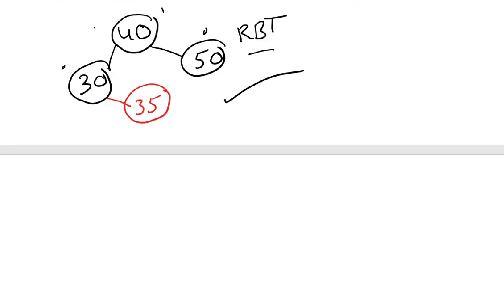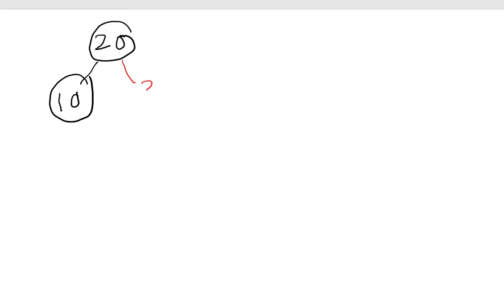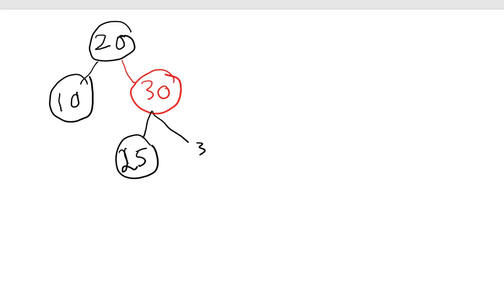And let me see one more case. I am having 20 here, 10 here and 30 here, 25, 35.